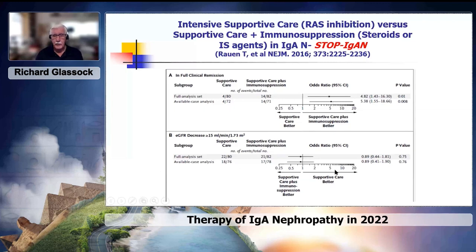However, during this follow-up period, there was no difference in the rate of decline of GFR greater than 15 milliliters per minute in the 2 groups, largely because the rate of decline of GFR was very slow in both groups, perhaps as a result of the fact that the patients admitted to this trial had very mild disease,